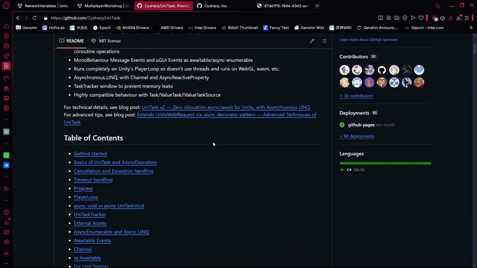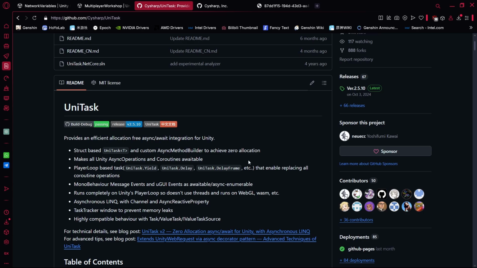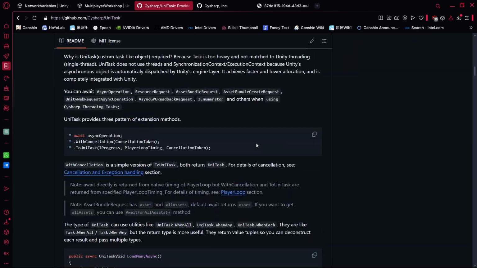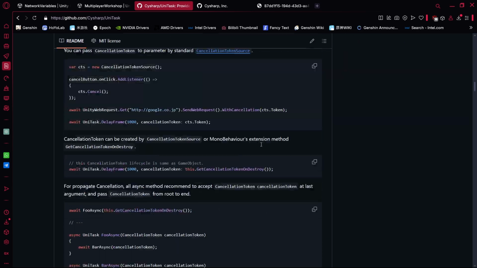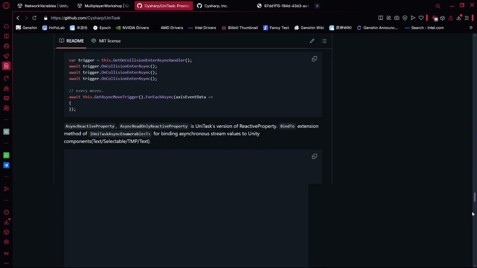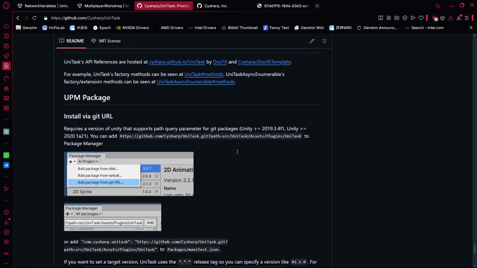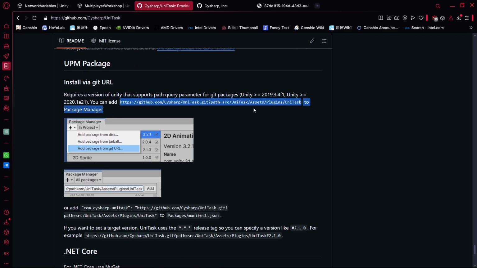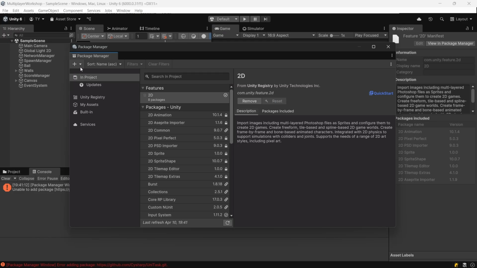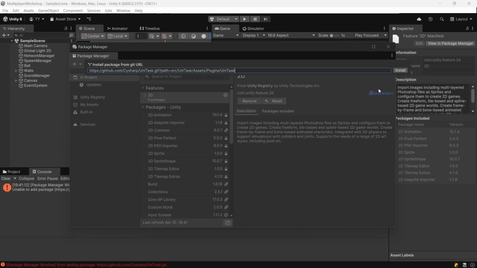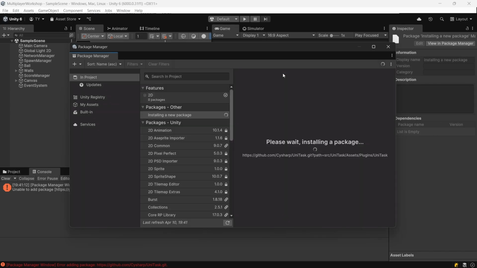Oops, sorry. It's not that URL. I think there is a specific one. Okay, sorry, it should be this one because this one can also be used for .NET. So there is this particular plugin you need to install. So you scroll down to the very bottom and you should be able to see this git URL. So you install this and it's going to run